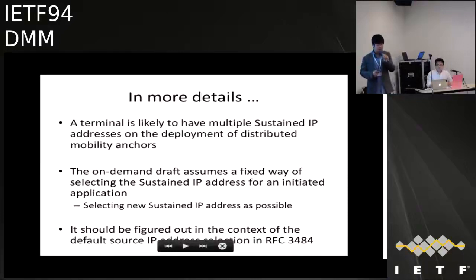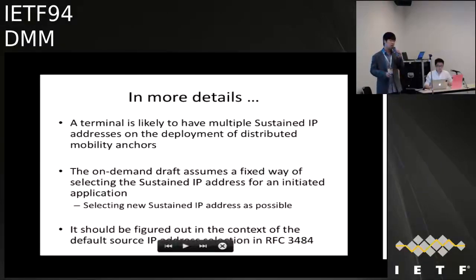From our analysis and use cases, we found a very important point when the terminal is trying to have multiple sustained IP addresses. The on-demand mobility draft is assuming a fixed way of selecting the sustained IP address for an initiated application, and we also think that the selection of the source IP address should be